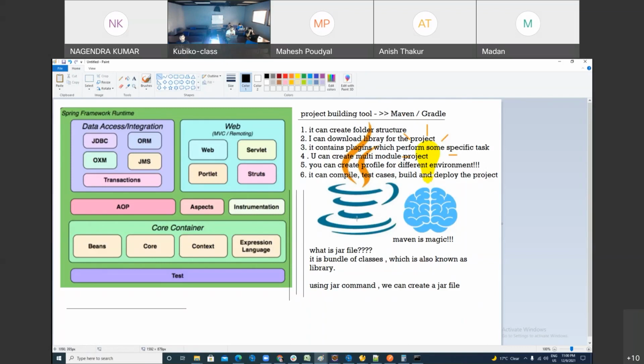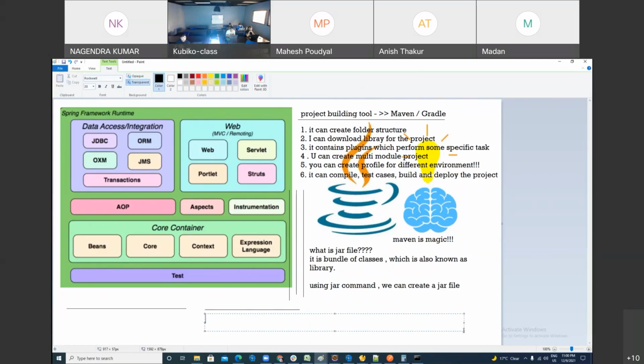So when you are creating a project, you can decide whether you want to use Maven or Gradle. What kind of project can you make? You can make a desktop project, or second, you can make a web project. When you want to make a desktop project or web project, it is up to you whether you want to give support of Maven or not. Are you following me? So support of Maven is optional or mandatory? Optional. Maven support is optional.